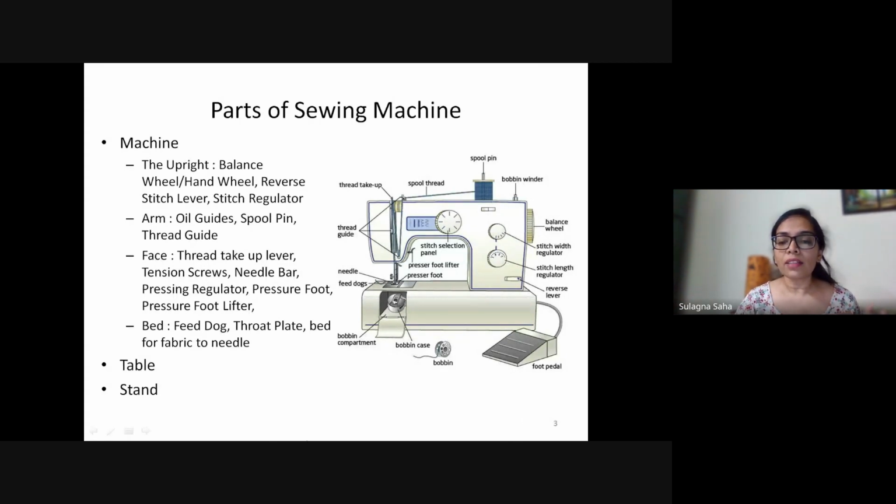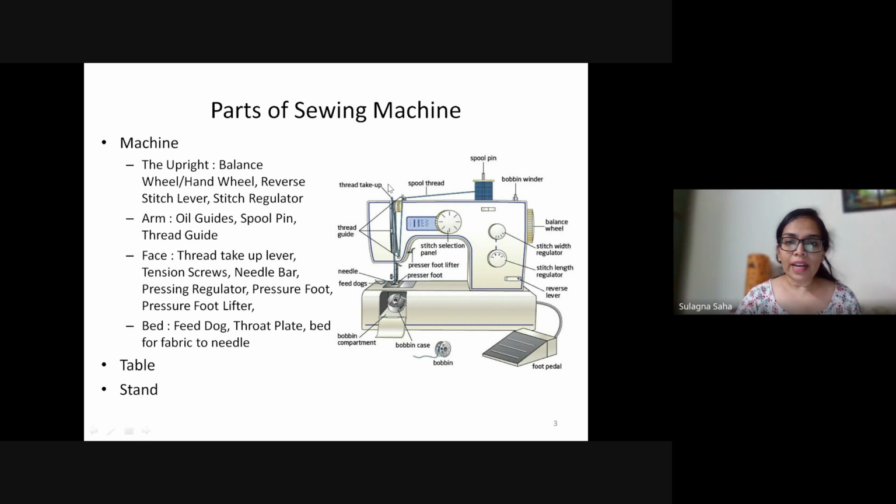The tighter the tension is, the more stretched and tight your stitches would become; the looser the tension is, the looser the threads would become. We will talk about thread tensions in a bit, but that is the basic purpose of it. It comes with tension discs and a tension nut. You generally rotate the nut, through which the tension is being controlled. Then we have this take up spring.